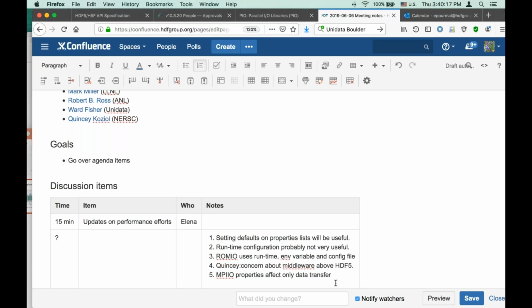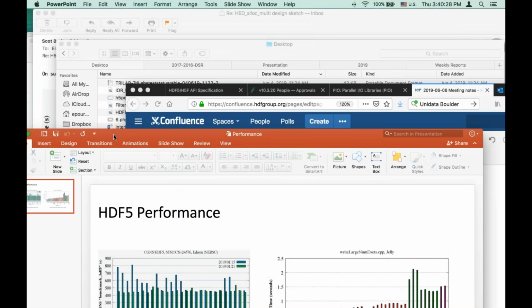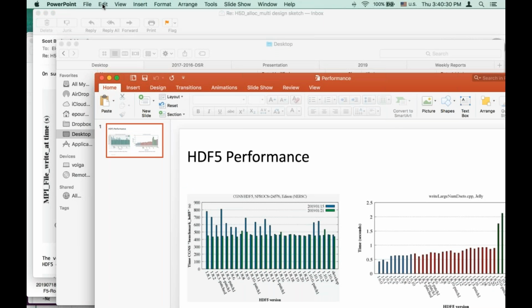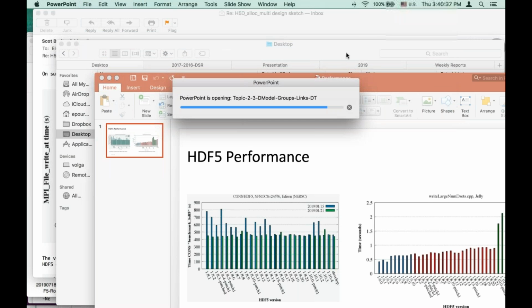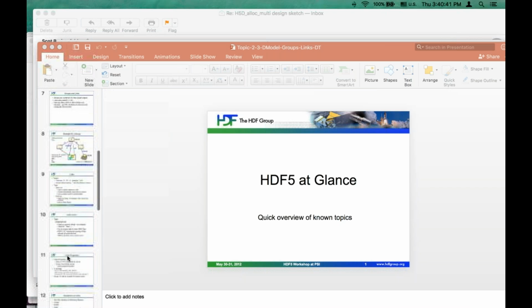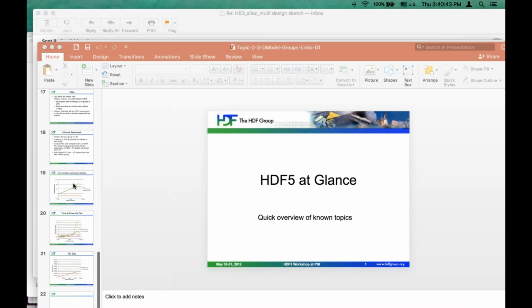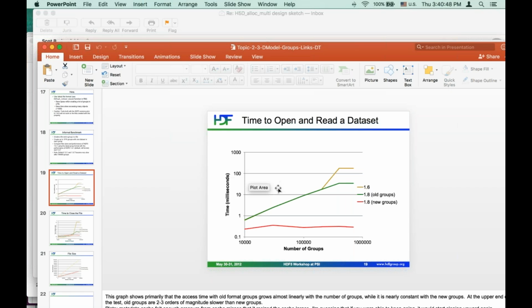But it's really, for example, the 1.8 style of groups. I just showed slides to Eileen and John just before the meeting. Let me show you. When the new style of groups first came out, I ran several benchmarks, and for example, that was one benchmark. I still don't know how valid they are.